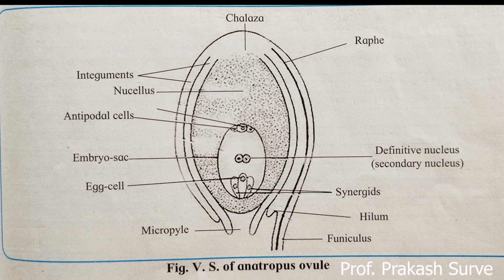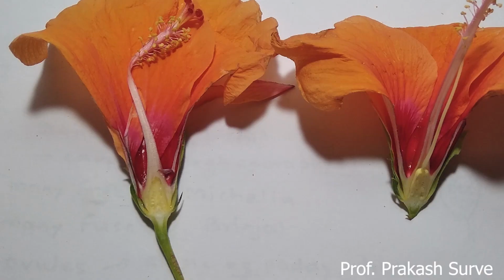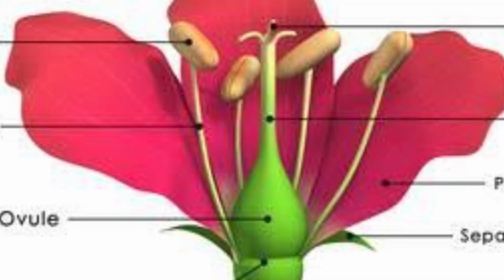Next to this, we'll see how the actual flower looks. This is about the flower. A longitudinal section is taken, and inside the ovary, the ovule you can also watch properly. Next picture is there. This is about the flower. So calyx, corolla, androecium, gynoecium, thalamus, everything you can watch in this. Stigma is there, style is there, ovary is there. Inside the ovary, ovules are present.